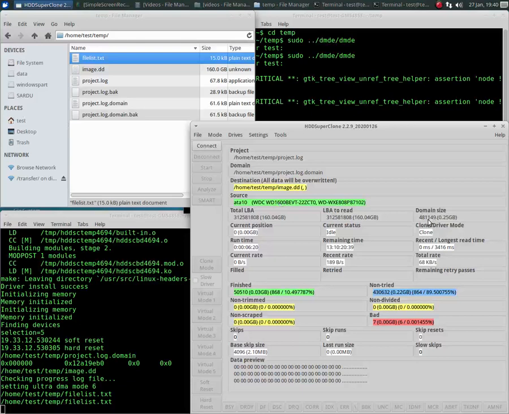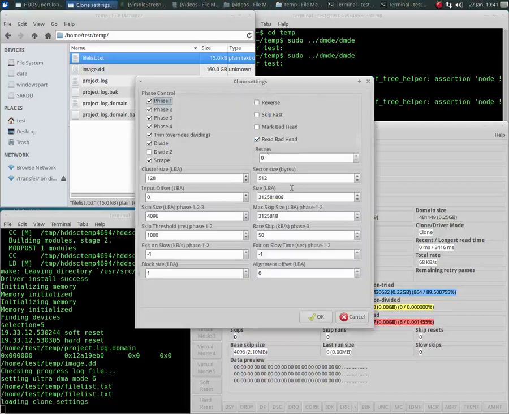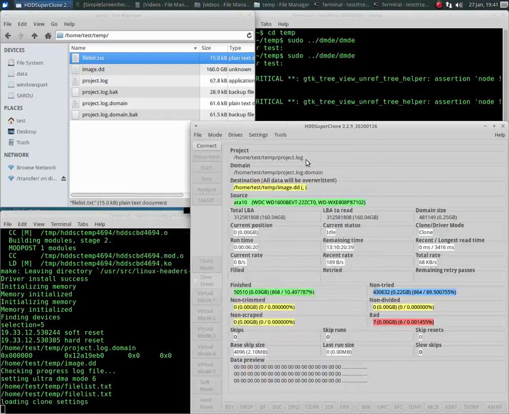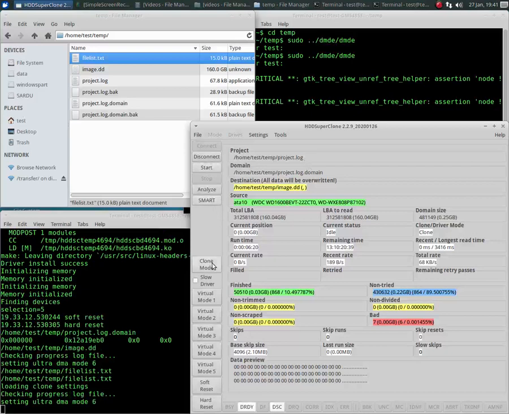Now we've added it. You can see we just jumped up to 481,000 sectors, 0.25 gigabytes of data. So now, with whatever our clone settings are, and I haven't changed anything for this run, I'm leaving it at default for right now, this will now, when I connect, and I'm in clone mode, and click start, start the recovery attempt